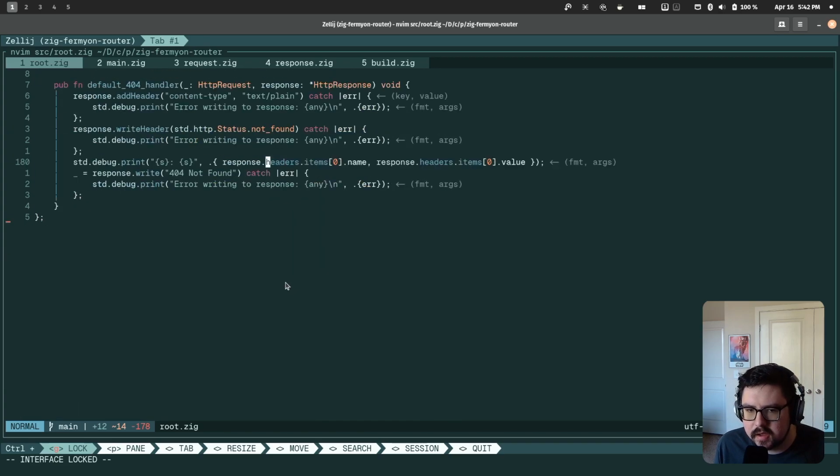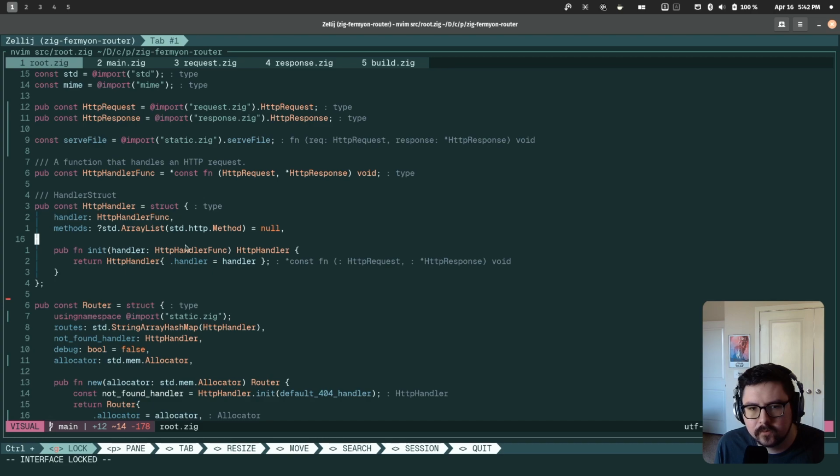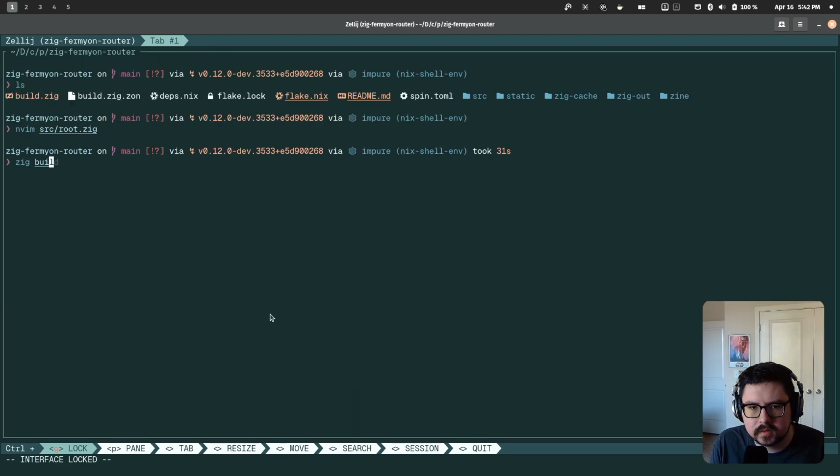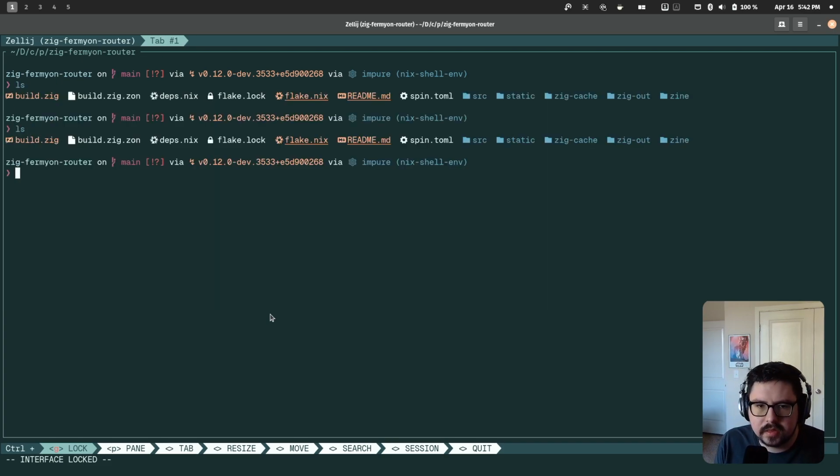I think that'll be enough. I don't want to put the router in its own thing. I think keeping it here is fine. Let's see. There we go. Oh yeah. So another cool thing that this can do